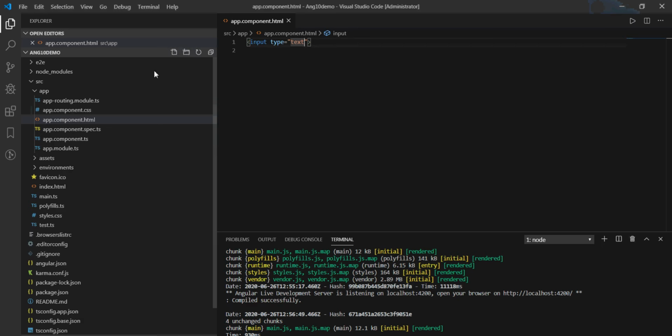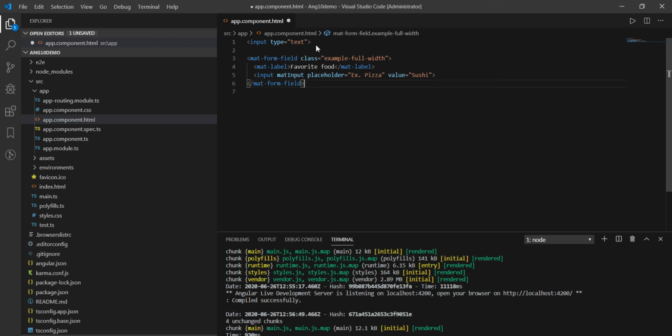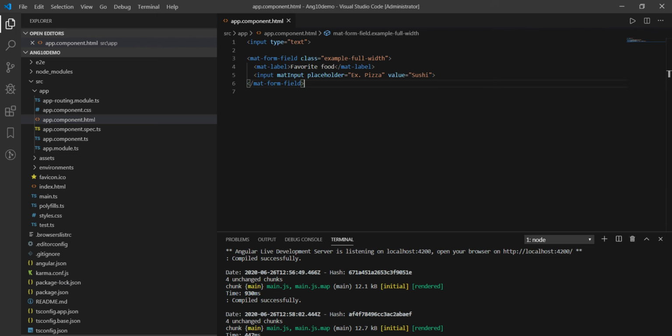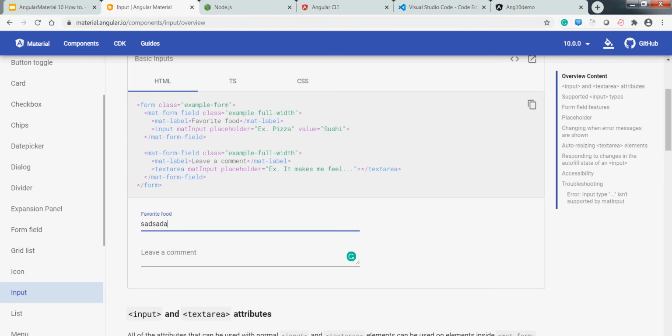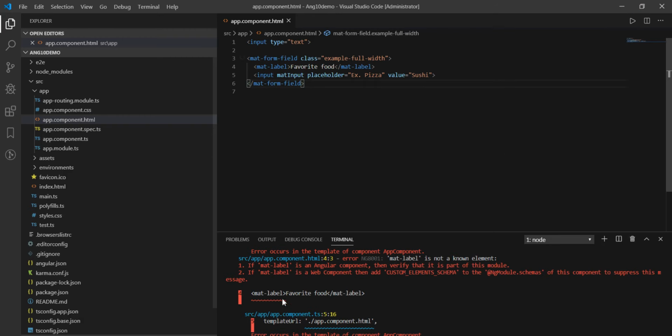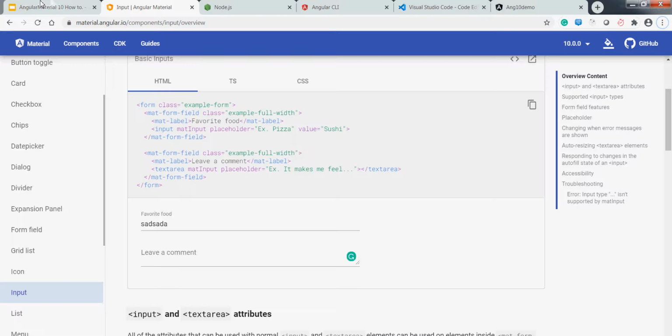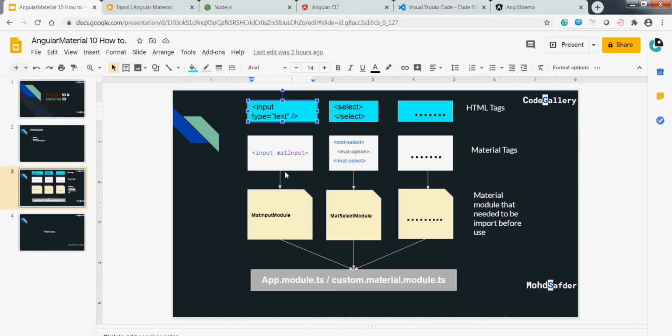So I'm going to paste this text box here just below that, but it is showing me an error that it is not recognizing this element. Because we have used this input as a mat input, but it is not known to our application.